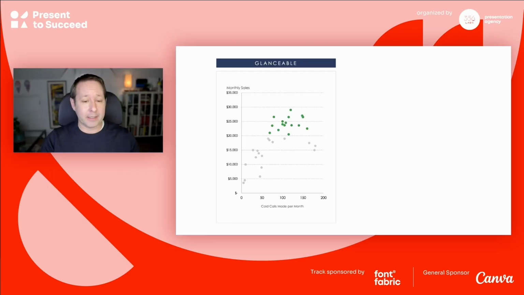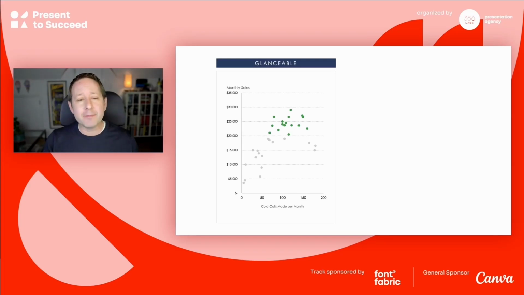Now, I do talk a lot about data visualization and charting. And when I talk about charts in the context of presentation, I always tell people to think of them like billboards. You want a chart in an on-screen presentation to be glanceable, right? You want to be able to look at the chart and get the gist of it very, very quickly. So we talk about how to design charts to do that. For example, this is I think a pretty good glanceable chart. We took a data set, we dumped it into a scatter plot, and you get the gist pretty quickly.